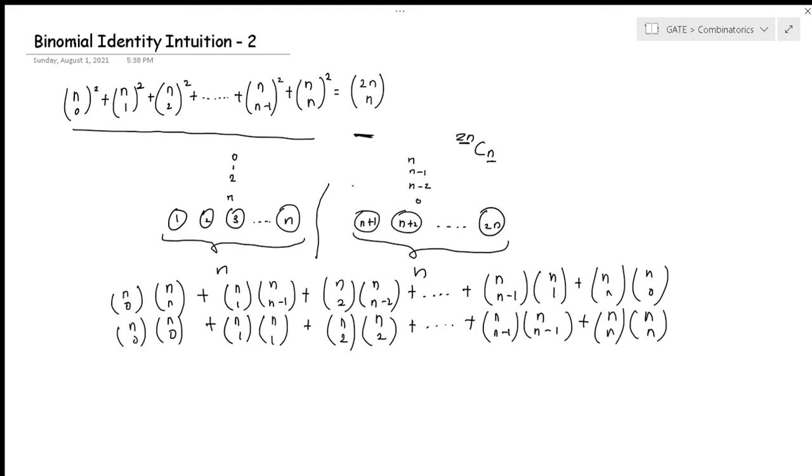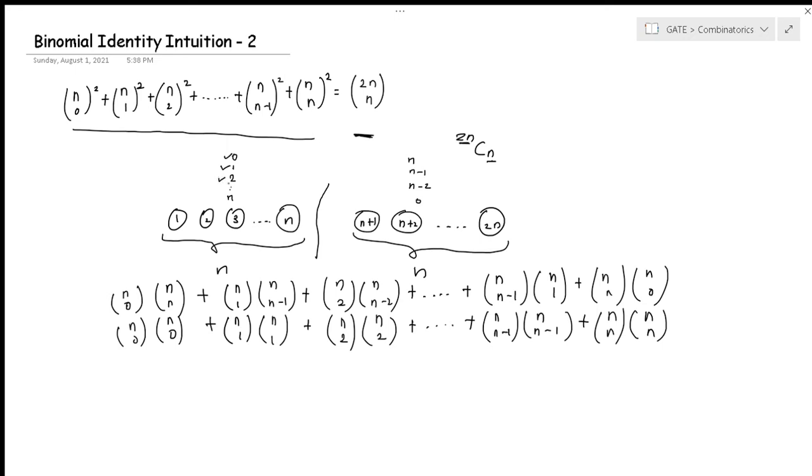And at the same time we are covering all of the cases, because even if you are not partitioning the elements like this, in any combination you pick the elements, there will always be a scenario where you are selecting a few elements from the left side and a few elements from the right side, because you have to choose n elements. So what will be your choices? Either you select no element from the left and all from the right, or one from the left and the rest, n minus 1, from the right, or 2 from the left and the rest, n minus 2, from the right, and so on and so forth.